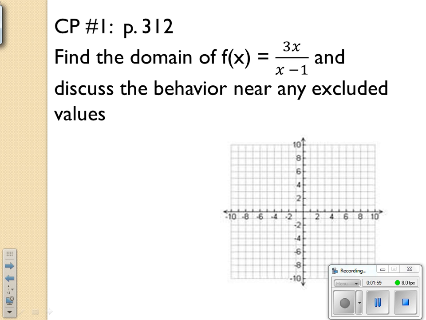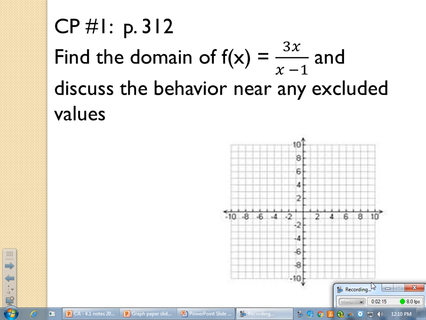So let's take a look on page 312. There's one problem that's done for you in your book. You can see the tables there where they've chosen many values. We're going to do the same kind of consideration here. So if we are trying to find the domain, again we're focusing on the denominator of this fraction. You see an x minus 1 there. So the zeros of our denominator, we're going to have a value of x equals 1 that we have to avoid. So our domain